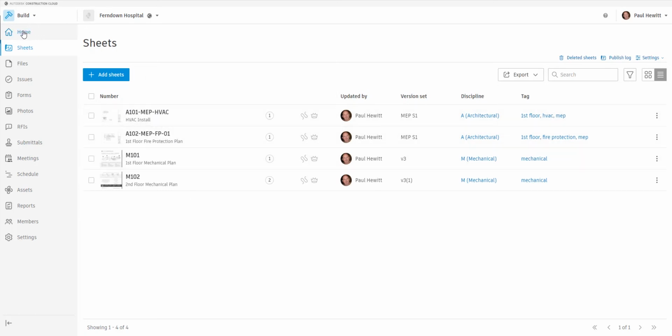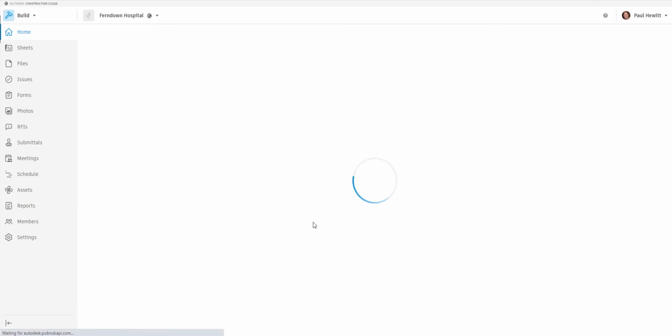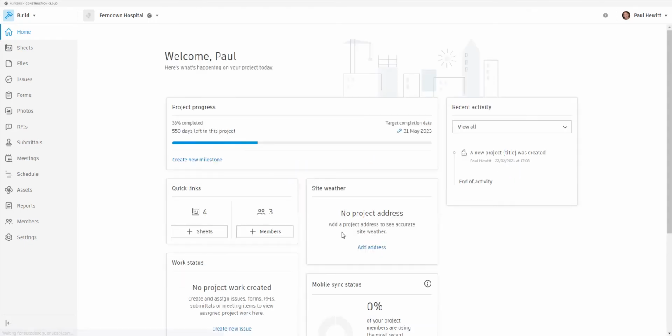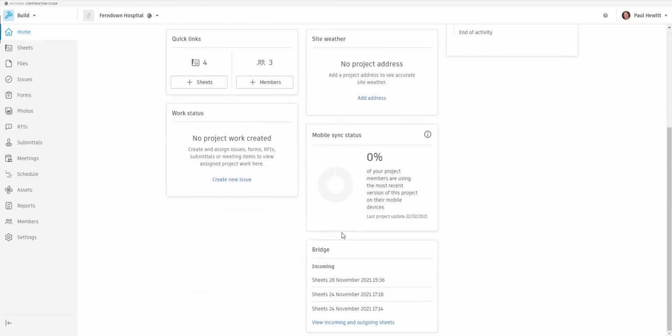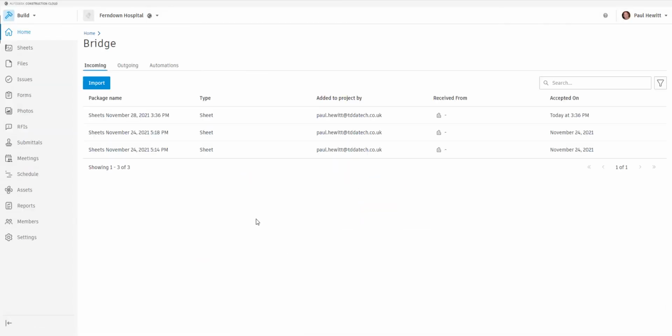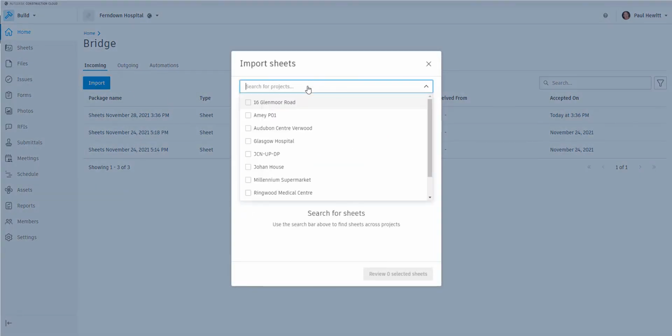Now, if we wanted to bring some sheets across manually as an incoming option, all we need to do is go back to View Incoming and Outgoing Sheets. And we can use the Import option under Incoming. Here we select one of the projects that we want to bring that sheet across from